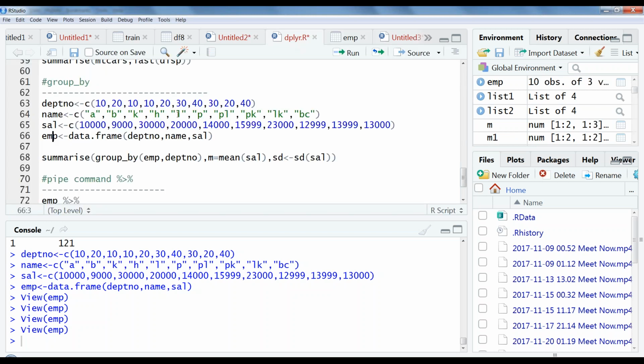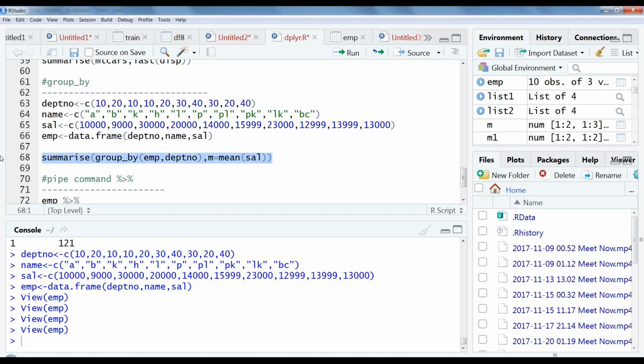I know I can apply mean with the help of summarize, but if I want to group by department, then I need to use the group by function. So I write summarize on the employee data frame, group by department number, and mean of salary I want. Forget about the standard deviation.